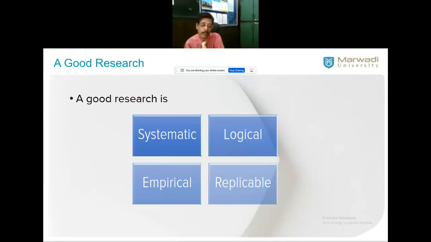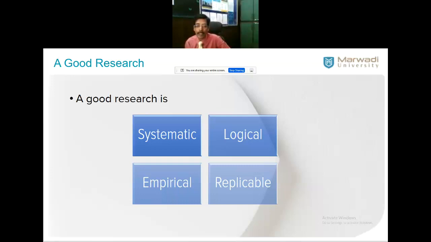Number 1, whether the fellow has obtained the degree and completed the research through systematic processes. The way is systematic. Research methodology is followed step by step, from step 1 to the last step. Yes, agreed. Then it should be logical. Whatever you arrived at as a solution, it should be logical so people can believe it and use it further. Suppose you are not logical, people are not able to believe it, and you need to prove a lot. That's the overhead you have.